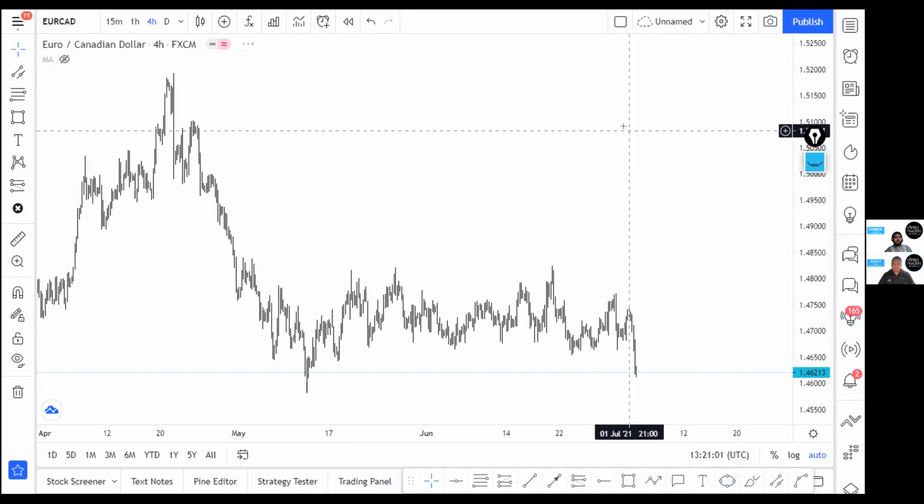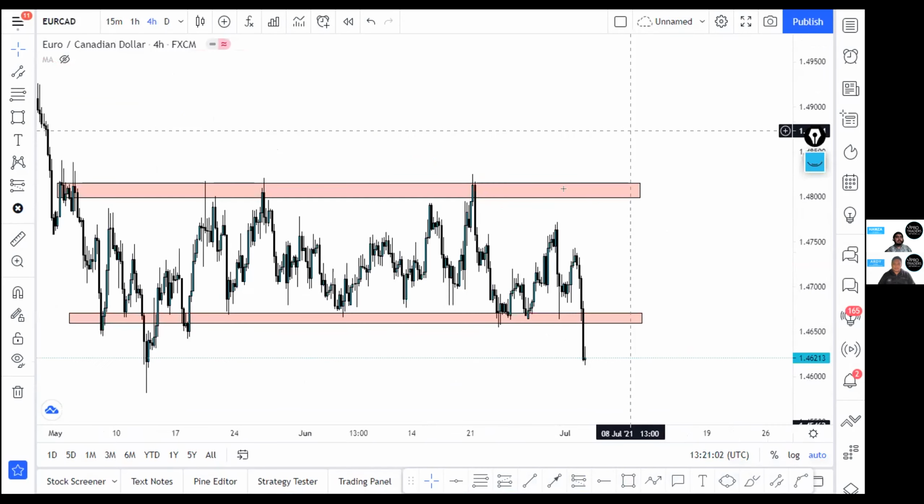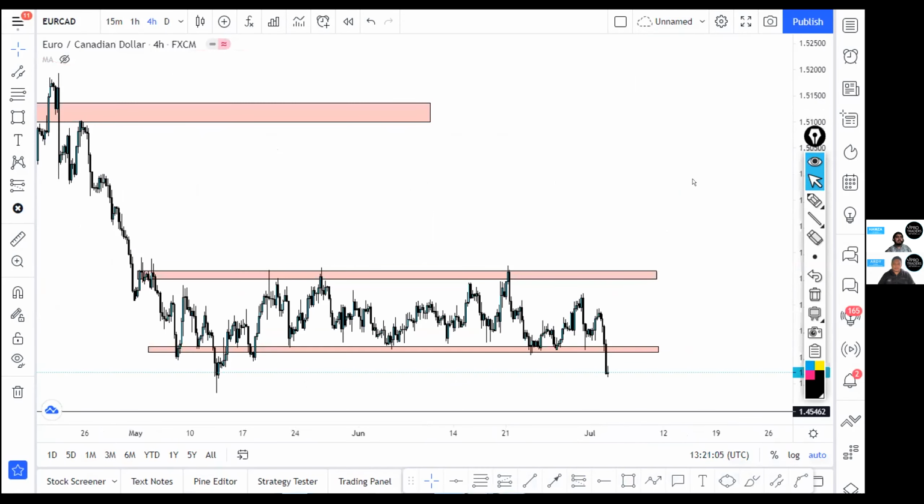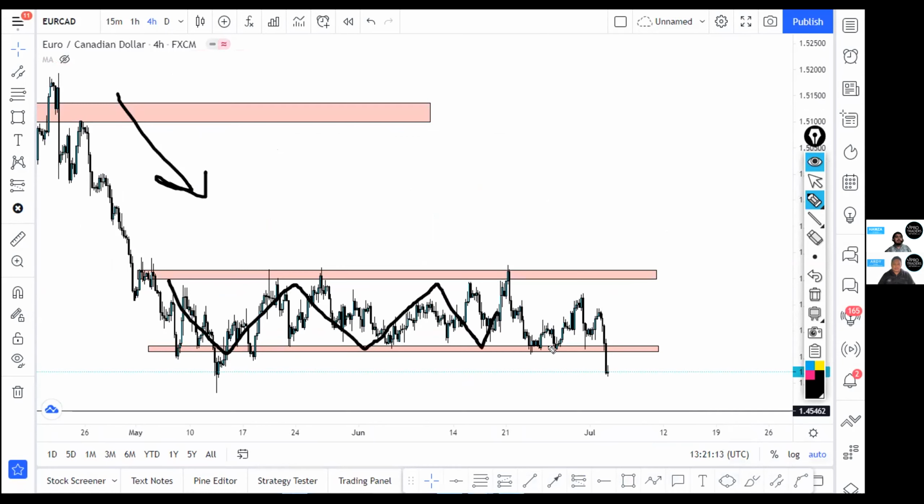If we have a look at Euro Canadian, we can also see that the trend is to the downside. We were in a range for some long period of time, and now finally we get a break to the downside. So right now what I'm expecting is a move back to this area for a retest, and if we get rejection candles or bearish price action here, I'll be looking for shorts. So my first target will be this area,